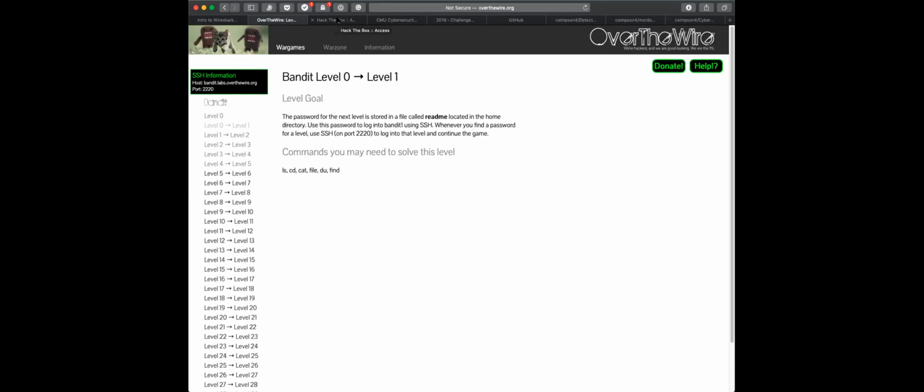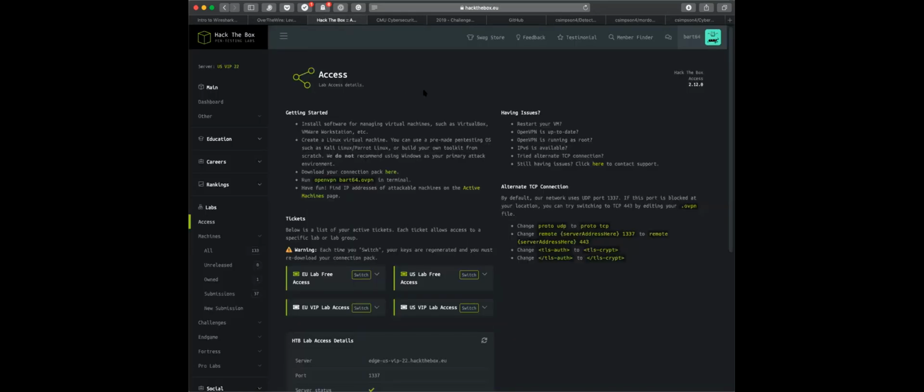All right. So next is Hack the Box, and I've already logged in. So with Hack the Box, they've got a free model and they've got a pay model. The pay model is pretty inexpensive. I think it's like 10